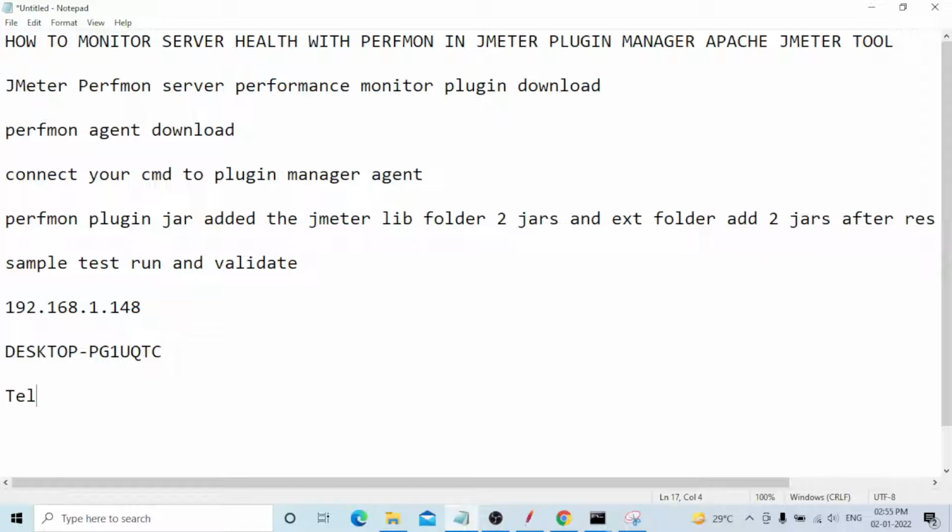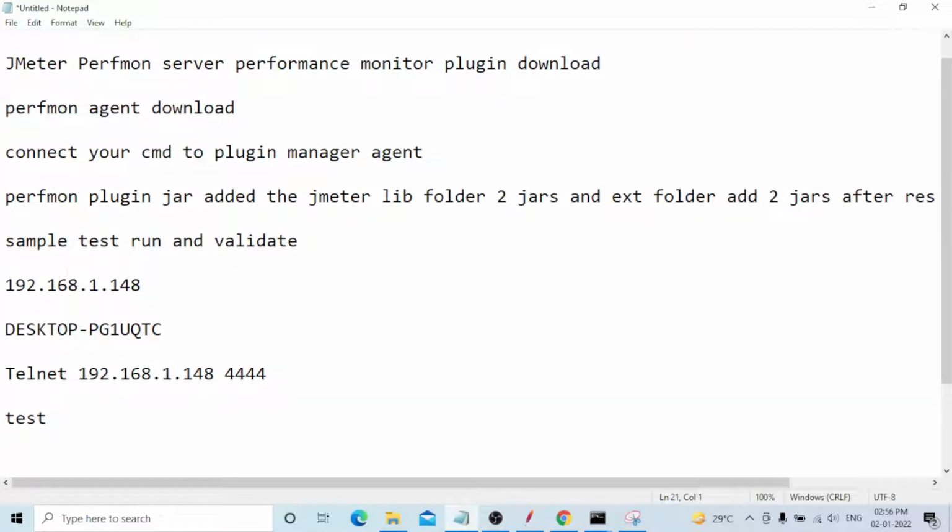The connection is telnet, space, this is my local machine, you need to copy that. Space, then you can see the port is 4444. After that you need to provide the test command. Test means test, you need to provide the test command. After that, metrics, you can see the one-time metrics command.